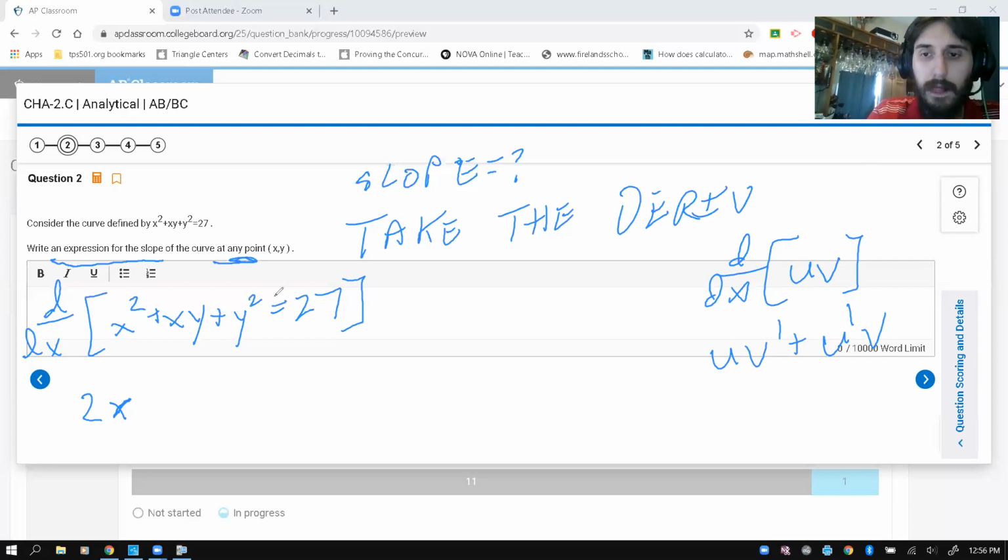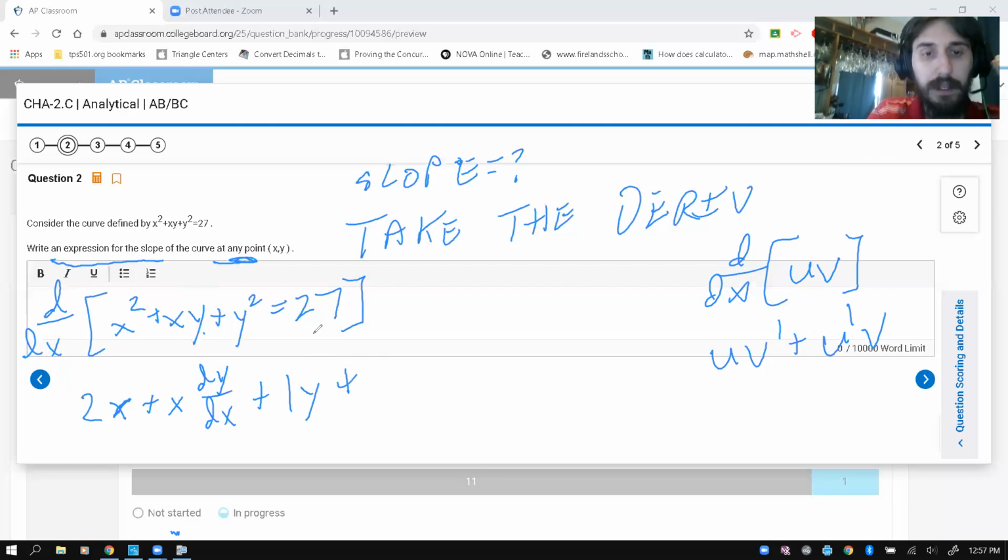So for this one, we'll do plus x times the derivative of y. And the derivative of y with respect to x is dy dx. Okay, because we're not taking the derivative with respect to y, we're taking the derivative with respect to x. That is going to be plus u prime v. So the derivative of x is just 1, and then you could write dx over dx, but dx over dx, again, is just 1. It cancels out. Times y